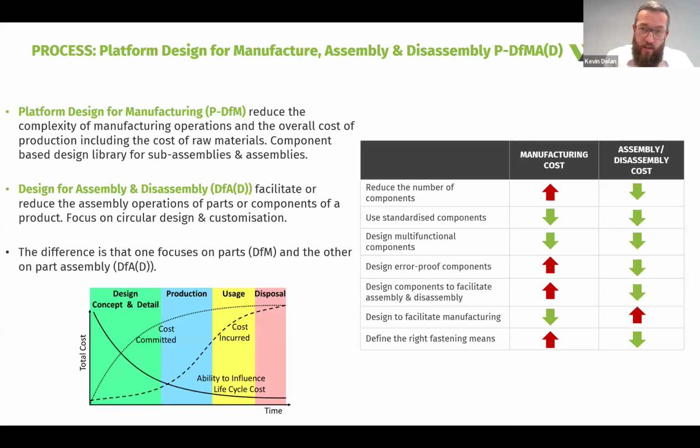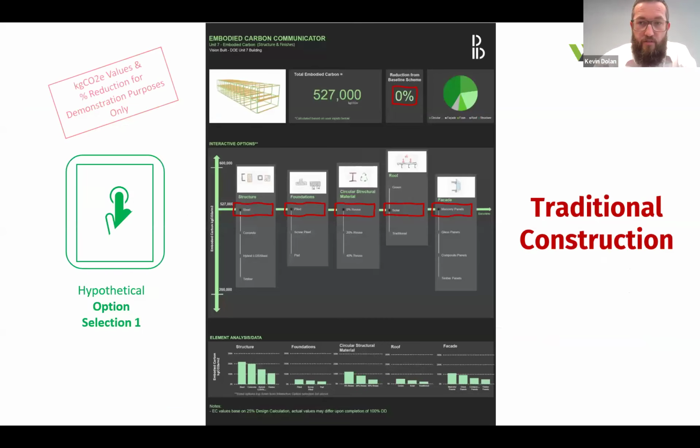We just have to front load the program of the overall project with the decision making, and the critical path being the information release. All of the decisions have to be made early on in the project. When you get to site, it looks very quick, but a lot of work has happened early on in the project. And the reusability of standardized components, sub-assemblies and assemblies means that you don't have to have